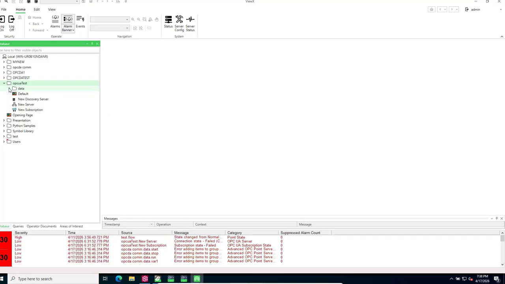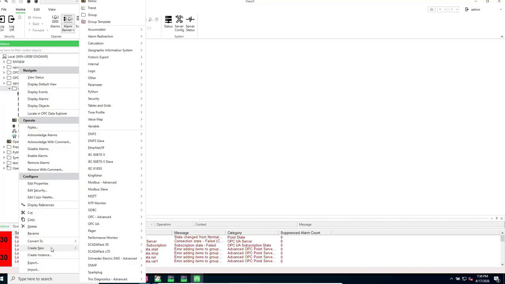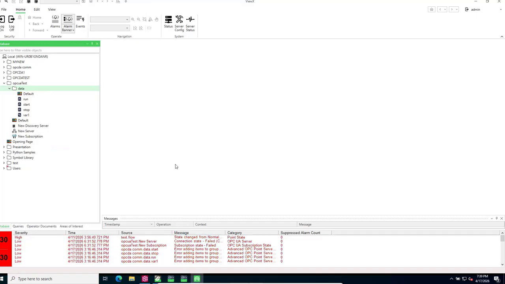After that, in the diet, we should create OPC UA analog point and digit point. Okay, I have 3 digit points: start, stop, run. Analog point is just a variable one. Okay, similar to the last project. Then first we go to discover,